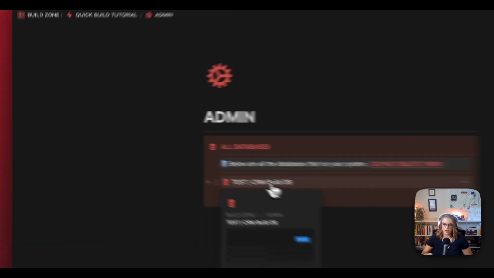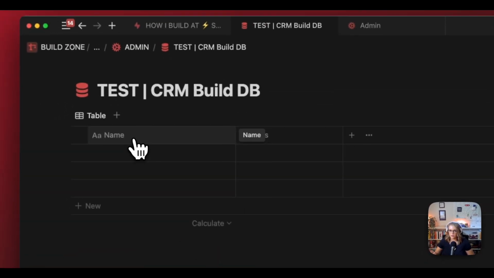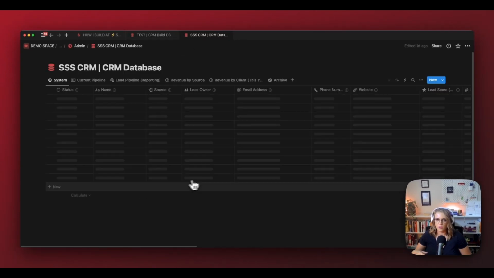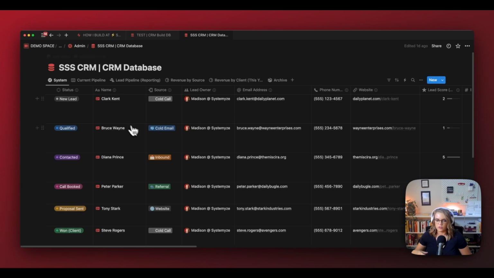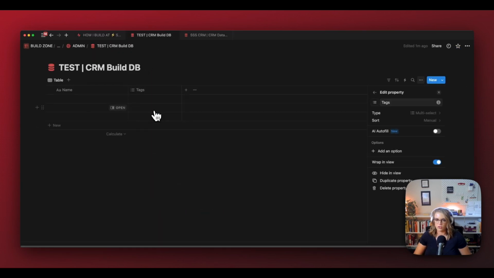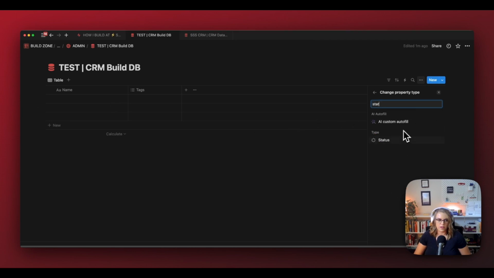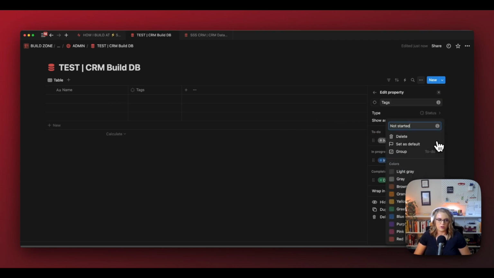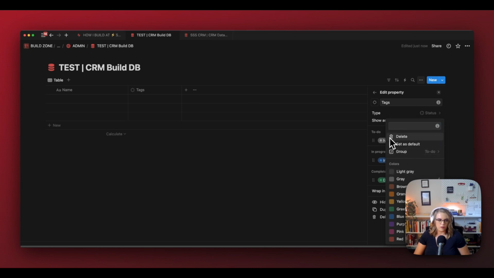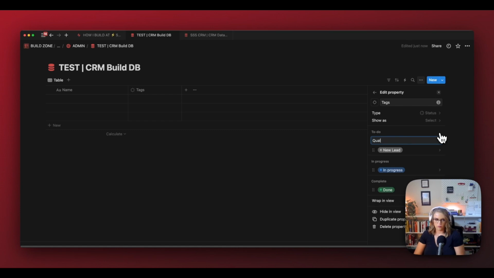So now we're going to build out our CRM. I usually leave the name pretty self-explanatory, straightforward. We're going to build out a lot of fields here. So I know we're going to build a status field, so I'm going to change this to a status. And I know that I put in a series of different status names. Yeah, new lead, qualified, contacted. Okay, got it. So we have new lead, and then we have qualified,